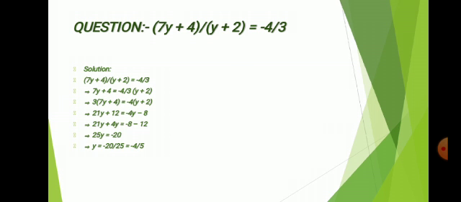21y plus 4y is equal to minus 8 minus 12. 25y is equal to minus 20, because minus and minus will become plus and the sign of the bigger one will be considered. So minus 20 will be on the right hand side. So the value of y will be minus 20 upon 25. Now we reduce to the lowest term. We can cancel with 5. 5 fours are 20 and 5 fives are 25. The answer is minus 4 upon 5.